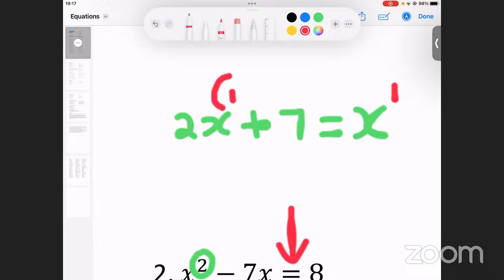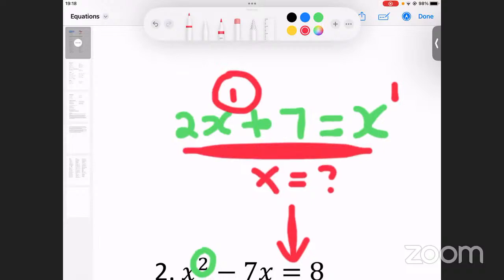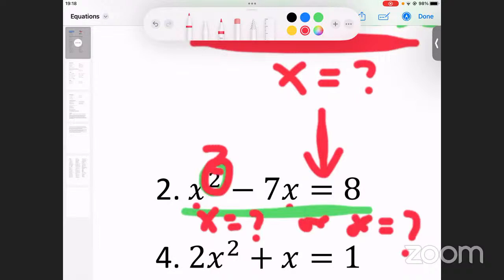So this one, it means you'll only have one answer. Meaning as you work out this, you will end up just saying x is equals to whatever. But this one that has the exponent of 2, it means you will have x is equals to that or x is equals to that. If it was 3 there, it means you're going to have 3 possible, and if it was 5, 5 possible. But at your level, in most cases, it's up to 2 or 3. Most cases 2.